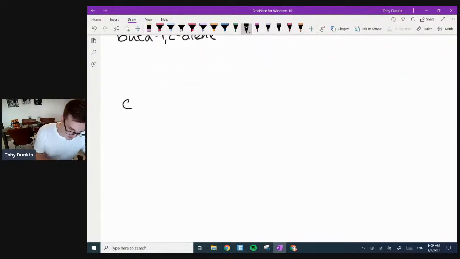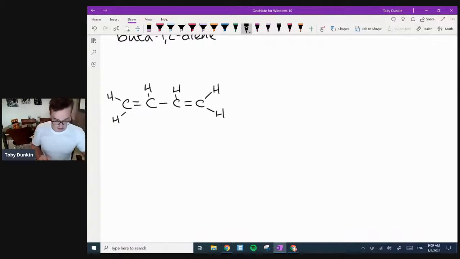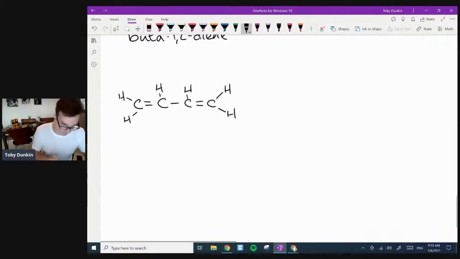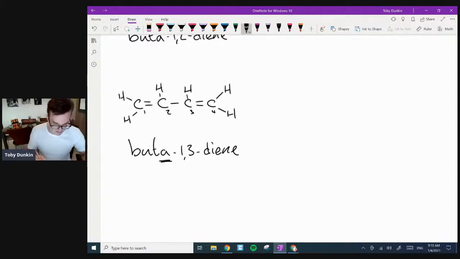So they then proceeded to do the next one, which was this one. Right, let's have a go at naming it. Once again, still no geo. I'm not seeing any geos in these compounds because they're all covered in hydrogens. There we go. You can have a go at pausing the video and naming it for me. This is buta. It's an A because it's a di suffix. Buta, and it's on carbons 1 and 3. So buta-1,3-diene. And once again, they're going to hydrogenate it, and they had an expectation.